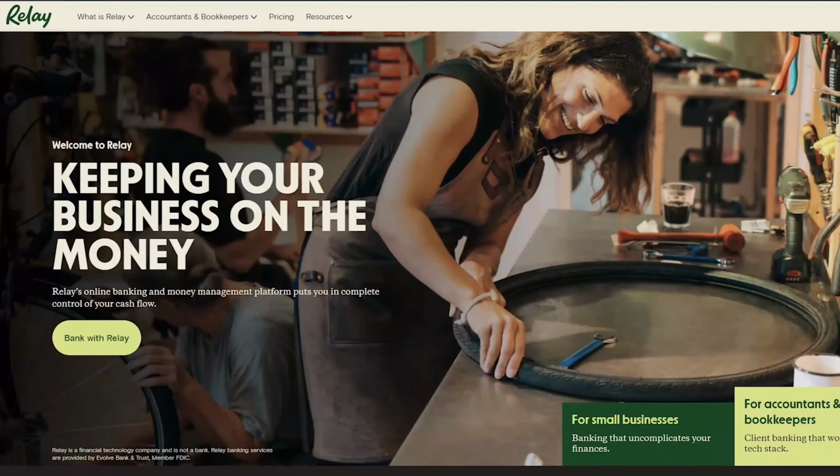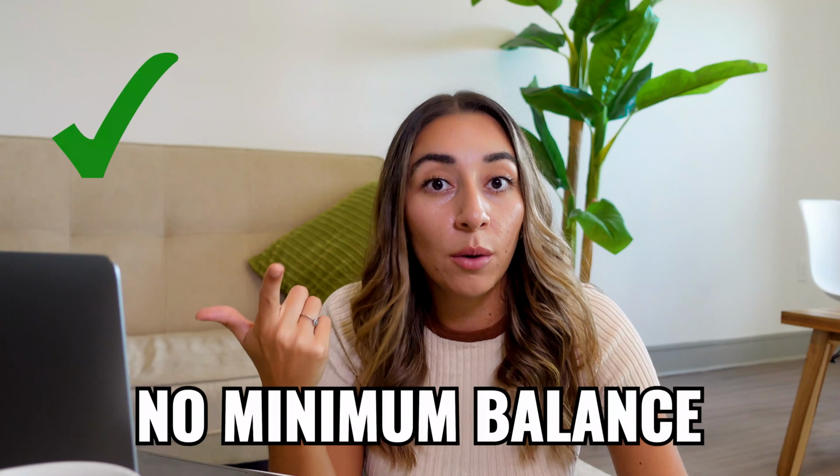Obviously, that money is coming in and it has to go somewhere, and the place where it shouldn't ever go is to your personal bank account. That is like a big no, red flag alert. The money you collect should always go to a business bank. Now, there are different options depending on where in the world you live, but my personal favorite is Relay Bank. Trust me when I say, when I pick a platform, a bank, whatever I'm using, I do the research, like Excel sheets, compare and contrast, and Relay Bank is a free bank. You have no minimum balance needed.